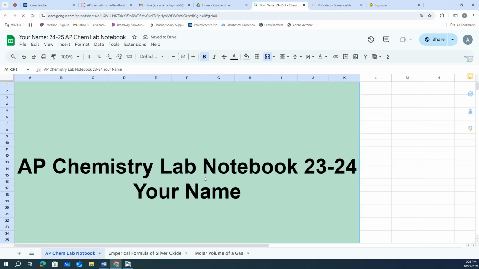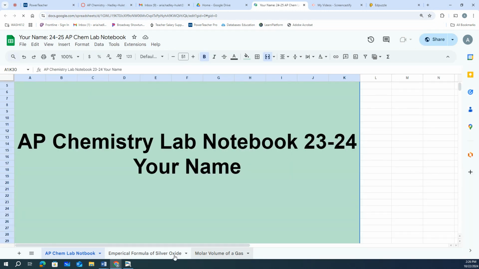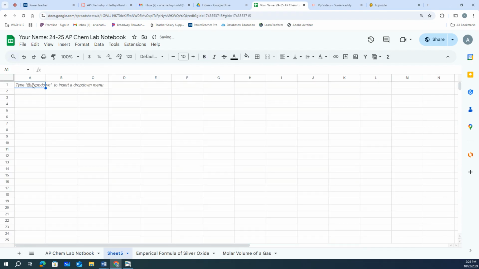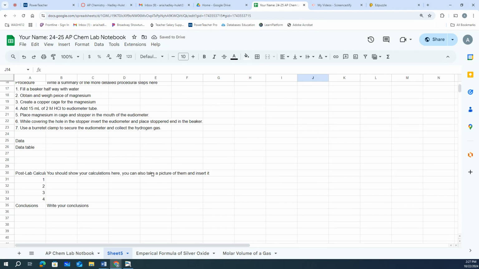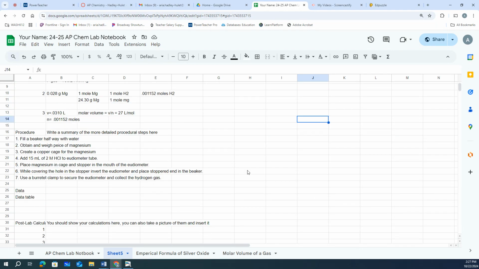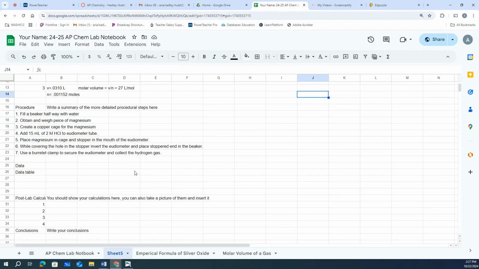And then once you have your notebook pulled up, you're going to add a page. Mine's already there, but you're going to add that page. You will paste this from before, and now you'll be able to take the pictures of your lab and put them in here. Okay, so please rename it for me as well down below to Muller volume of a gas. Okay, so you change that to Muller volume of a gas.